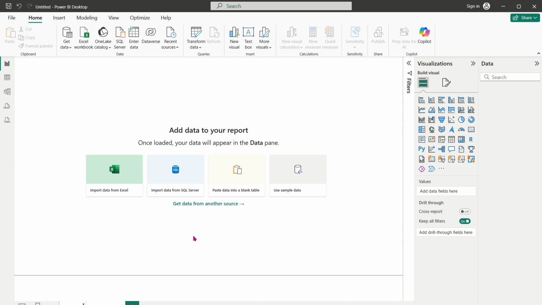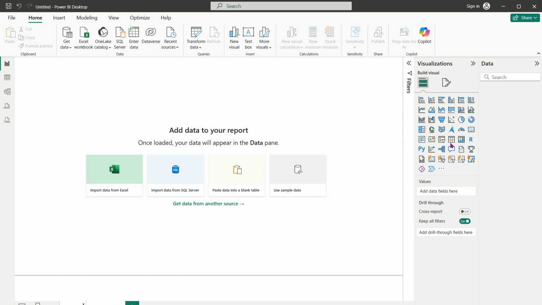your data. What's important here is ensuring that your dataset includes links to the images you want to incorporate into your table. These could be URLs that point directly to the images hosted online, so make sure those links are accessible and correct. Now that you have your data imported into Power BI, let's move on to adding a new